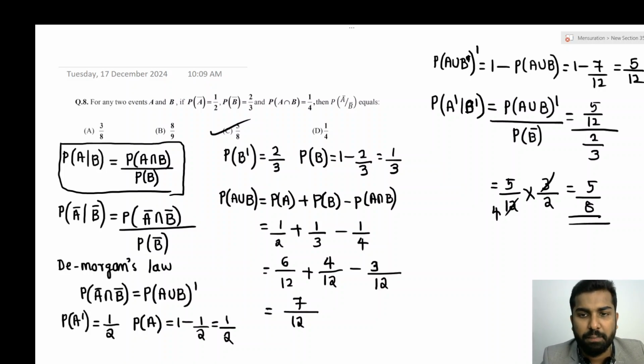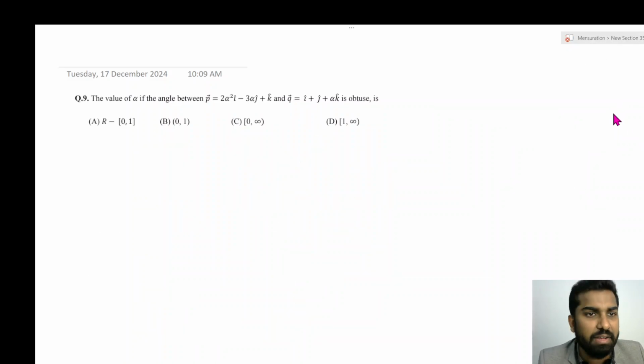We have to remember, we have to understand the basic formula so that we can solve this question very easily. Okay. So now let's go to the next question. The next question is from the chapter